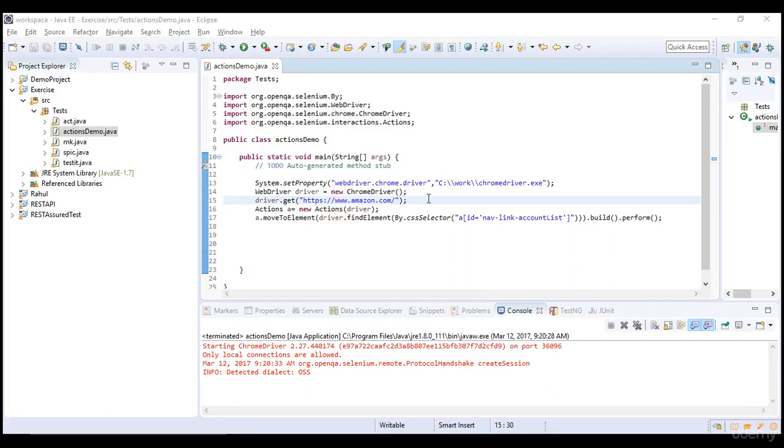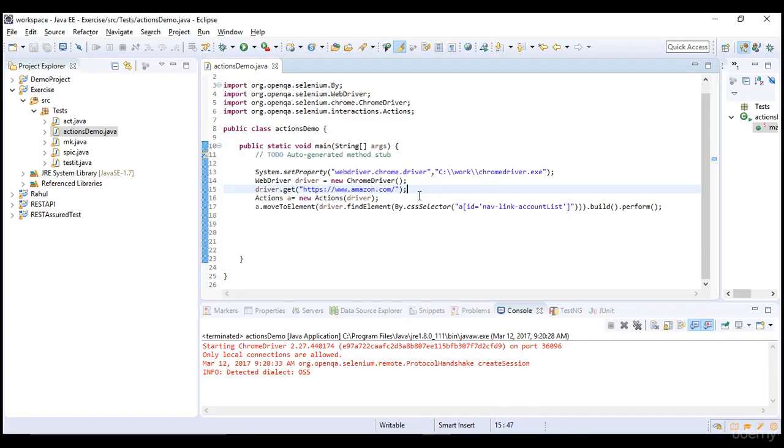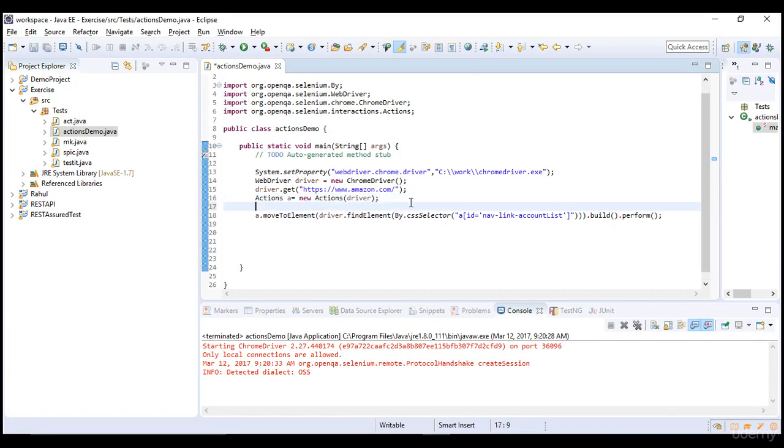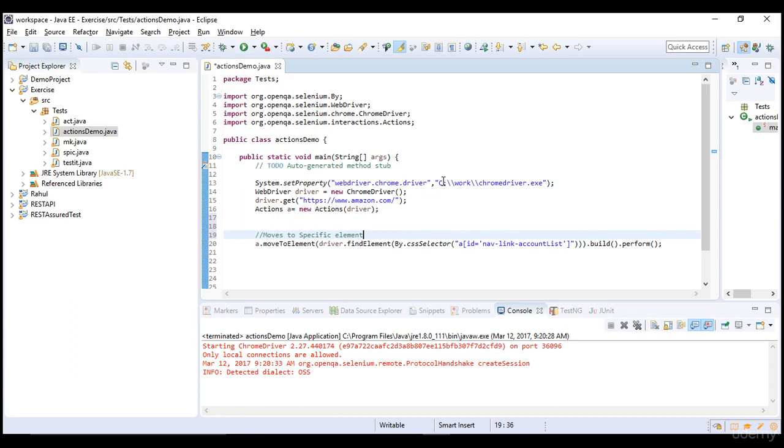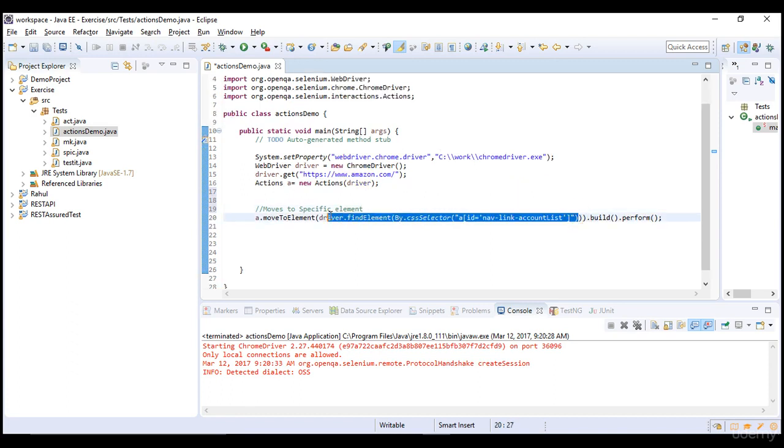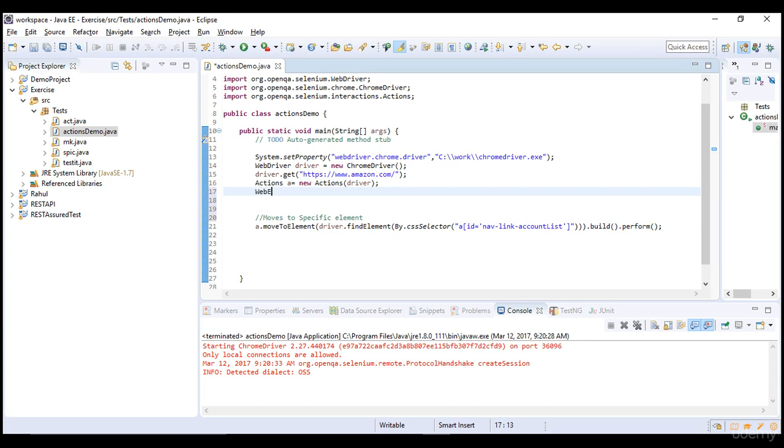Right? So let's now build one composite action. This actually moves to a specific element. Moreover, this argument takes WebDriver, right? So let's define that in a variable like web element move equals to, and you can define this there.